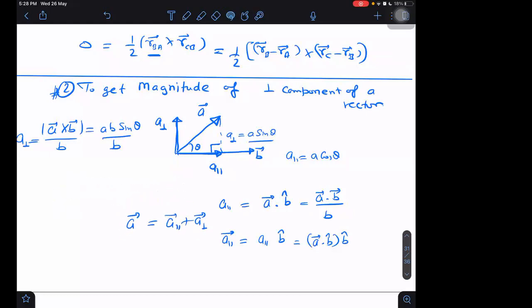Yes, right sir, or not? But there's still a problem, and I will explain what my problem is and how you will be able to solve it. This formula, although it is right, is right magnitude wise. If I want to write it vector wise with direction, then how to write it? If you think I will take the direction by just removing the mod here, there will be a problem, because AB sin theta into n cap, that direction will not be in the plane of AB, that direction will be out of the plane of AB. So I cannot get the A perpendicular vector with proper direction by the cross product.